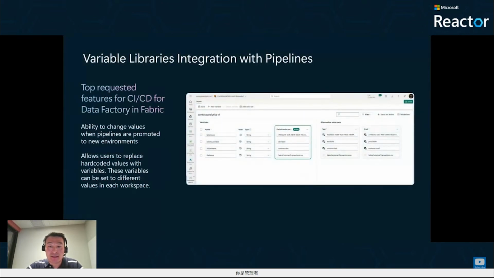Next, this is another exciting update around variable library in Fabric. Since variable library is now supported by many different workloads in Fabric, and one of the important workloads is the pipeline in Data Factory. Now, given that the pipeline in Data Factory supports variable library, which allows you to